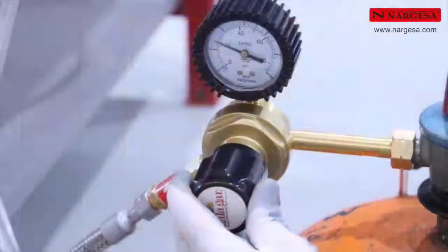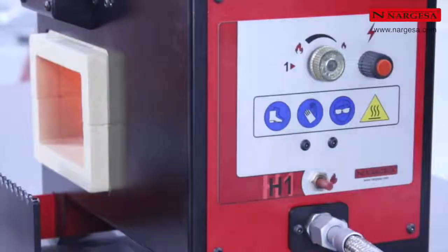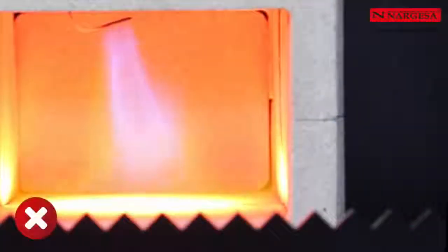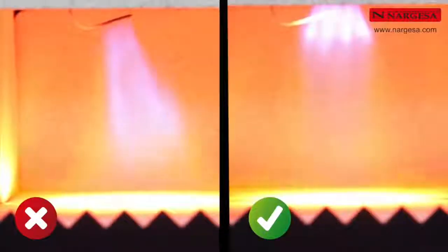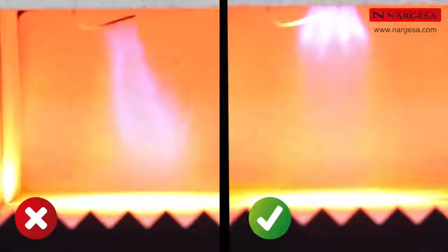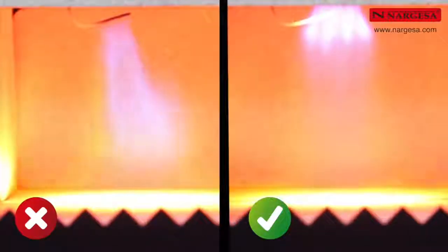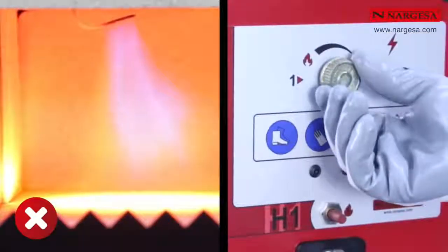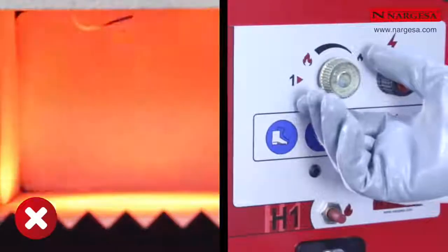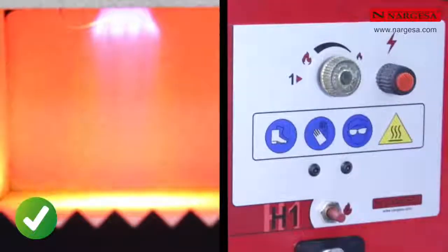Depending on the temperature we want to reach, we increase or decrease the gas pressure. Once the 40 seconds have elapsed, we can release the thermocouple valve. Once it is functioning, we make sure that the flame is the correct one to optimize its performance. On the left, we show an incorrect flame. We must correct it to achieve an efficient combustion. To do this, we will close the gas valve to the minimum, and then we'll open it a few degrees until we get the desired flame. Finally, we're going to open the gas valve completely until we check that the flame is like the one shown